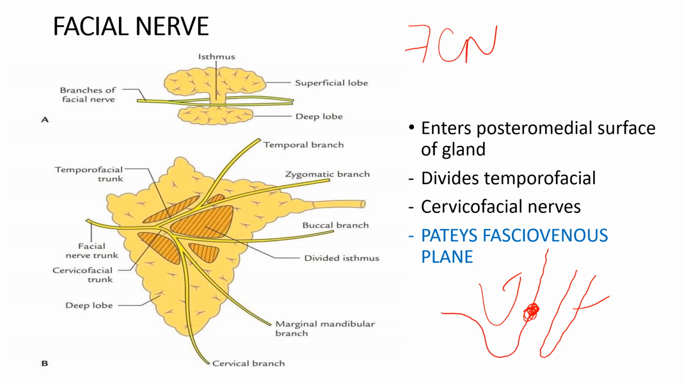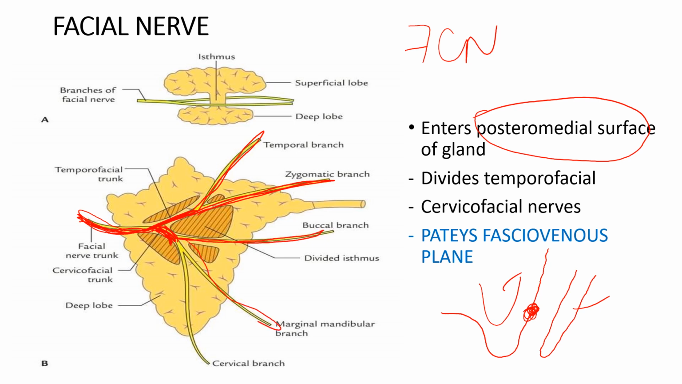Now how does it enter the parotid gland? This facial nerve enters the parotid gland through the posteromedial surface. Once it enters the parotid gland via the posteromedial surface, it will divide into temporofacial branch and cervicofacial branch. From the temporofacial we have the temporal branch and the zygomatic branch of the facial nerve. From the cervicofacial branch we have the buccal branch, the marginal mandibular branch and the cervical branch of the